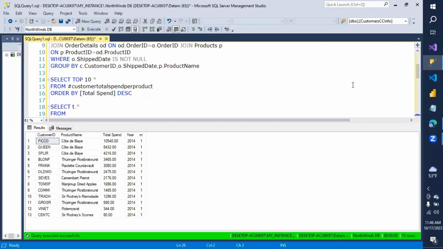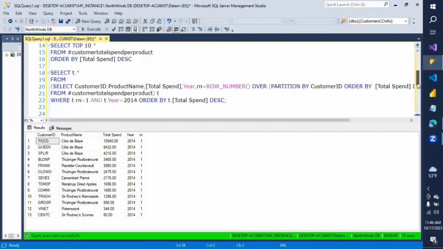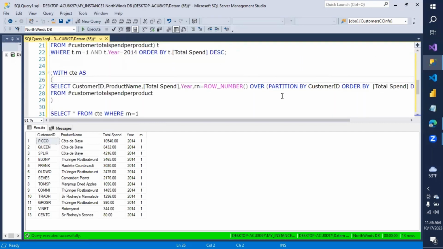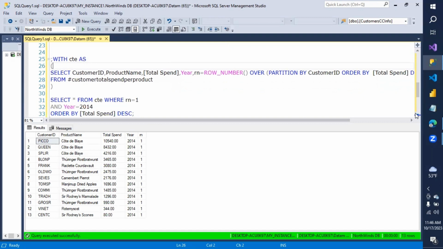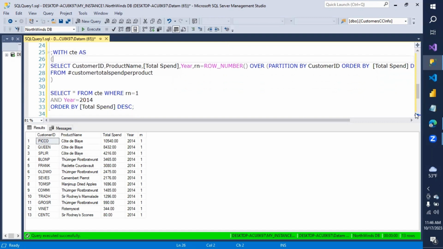And for CTE, it works similarly. You put your row number inside of your CTE. You come to the outside. You can select specific columns, or you can do select all. And then your where clause is what's pivotal. It's where that row number column equals 1, or if you want to see the third highest salary, you would do